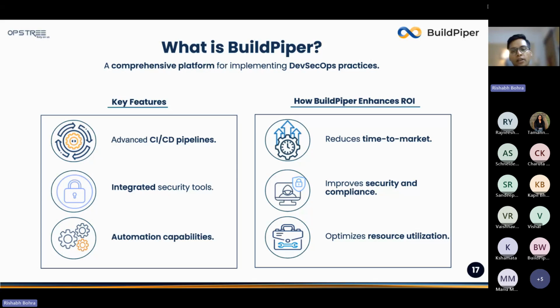So that's the whole point of using BuildPiper, where essentially the platform acts as a single pane of glass, catering the requirements of different personas in an organization, and then also helping you do the deployment, streamline the workflows, and then create the reusable patterns, etc., which I'll come on to a bit later when we have the actual glimpse of the platform. But here are some of the key features of BuildPiper, where you have these advanced CI and CD pipelines, also called macro pipelines in the BuildPiper lingo,